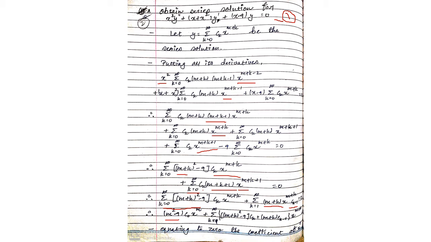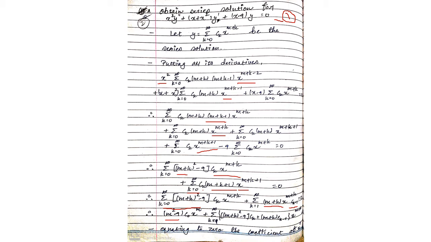And now for both the series combined, it will start from 1 only, so summation k equals 1 to infinite, m plus k whole square minus 9 into ck, from this term ck minus 1, and from both the series what will be your common term, that will be x raised to m plus k only. Okay, so here we complete the simplification. This part is similar for all the cases, and still one step is remaining, and we are doing this. Now you have to equate the terms.